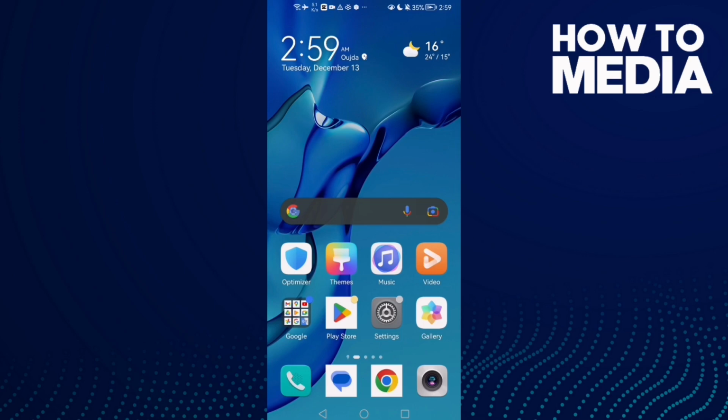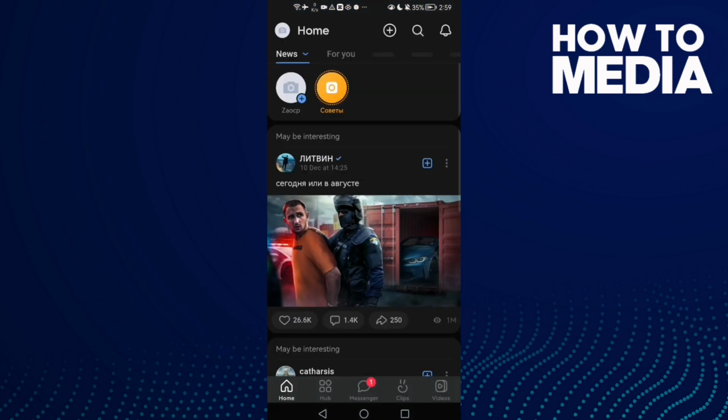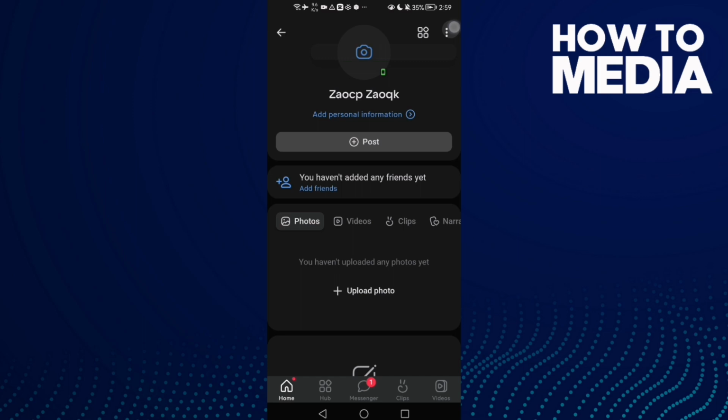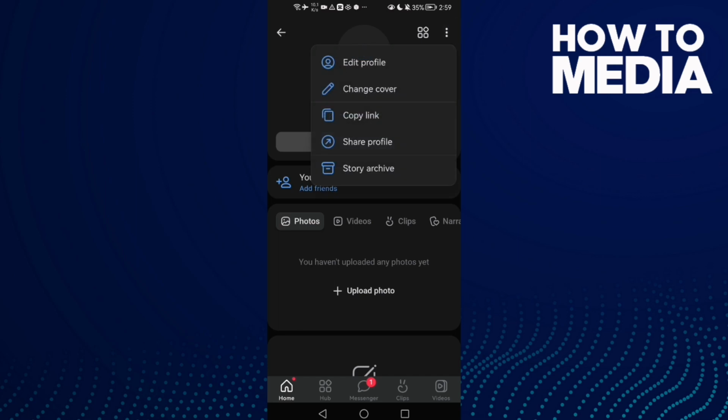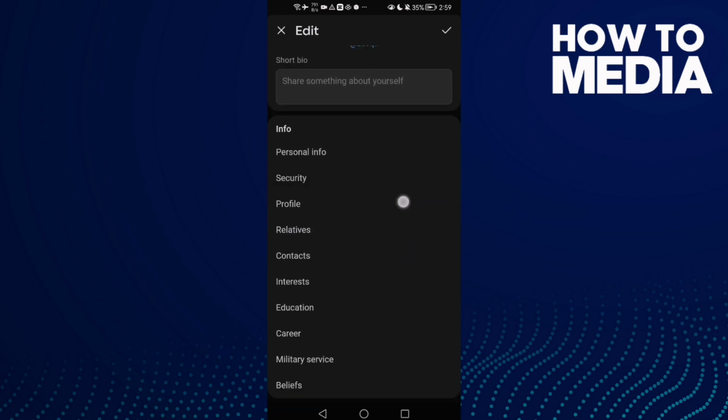How to find favorite music settings on VK on Android or iOS phone. First open VK and then click on your profile here in the top corner. Now click these 3 points and then click edit profile and then scroll all the way down and click